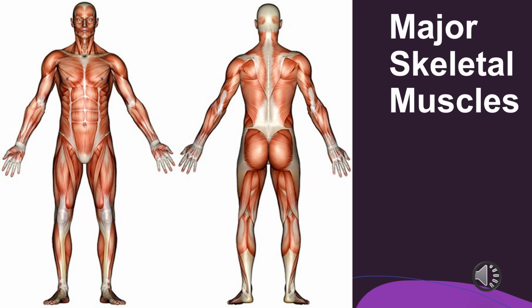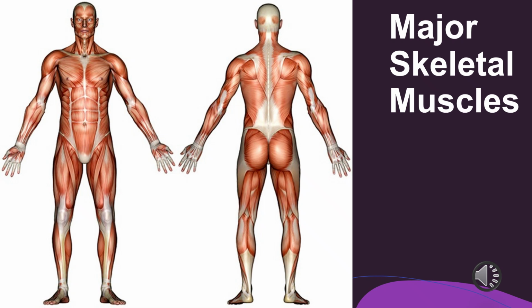Now let's go ahead and finish off this presentation with major skeletal muscles, right? We've arrived at that final section of the muscular system, where we could look at the major skeletal muscles of the human body. And what we see here on this slide with no labels is a full body view of the muscular system from both the front, which is anterior, and the back, the posterior, views. And these are the muscles responsible for voluntary movement, posture, stabilization. And I'm going to highlight a few of these here without the labels. And then we have another slide that we do have the labels